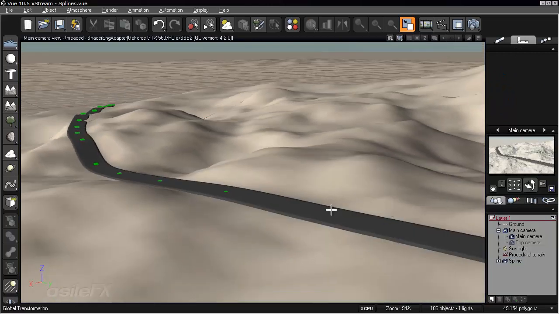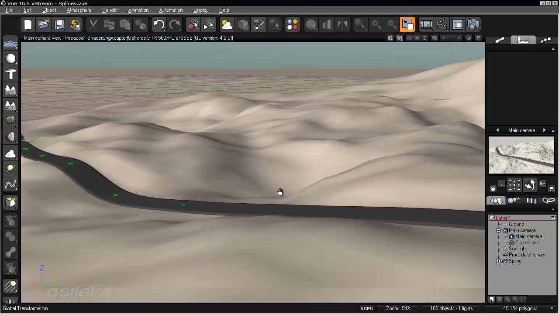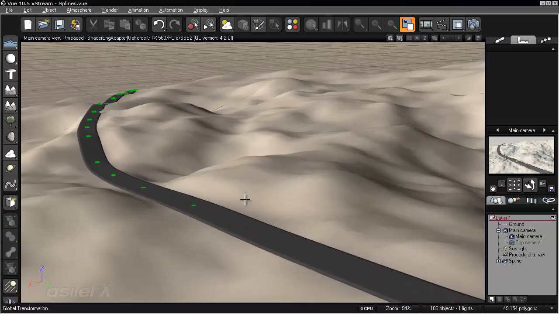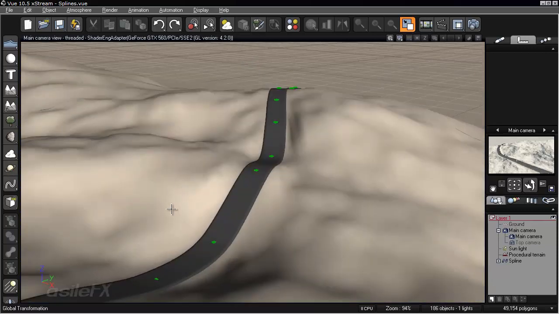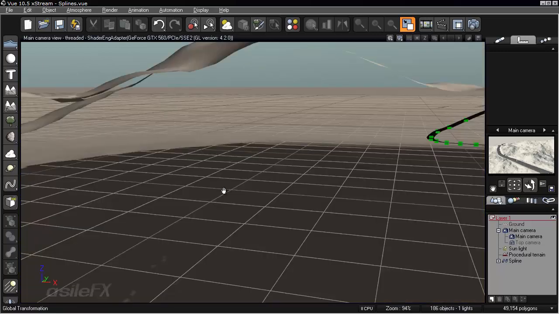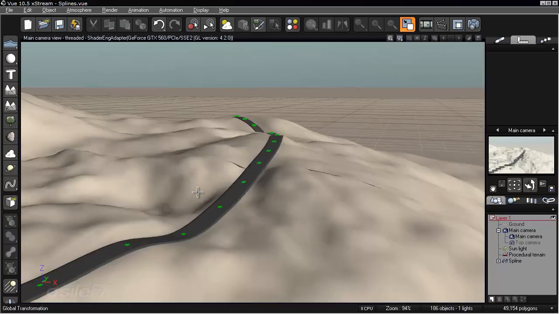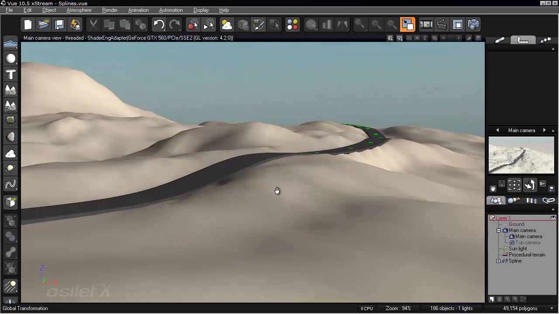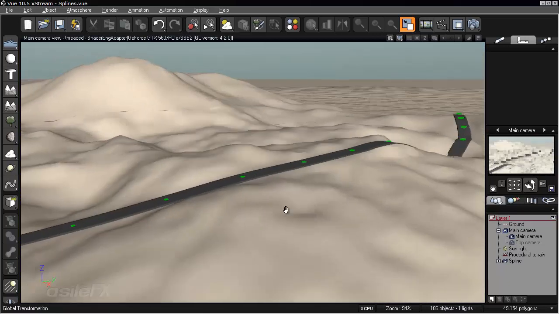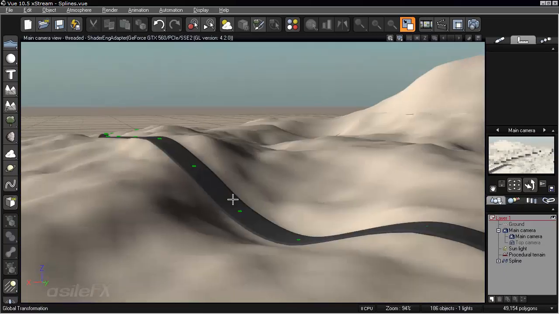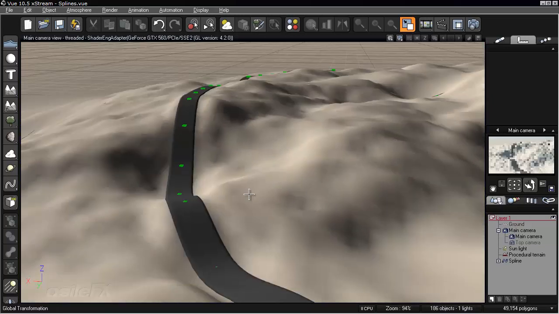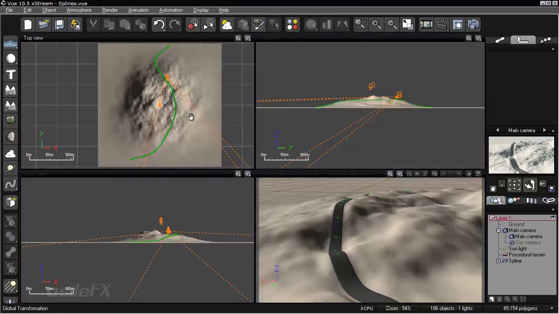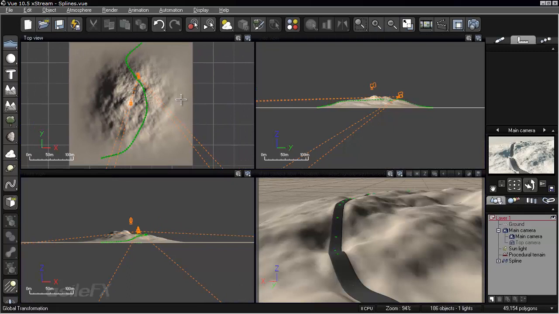So if you don't want to use the pathfinding tool to create roads, what you could do is use pathfinding with a larger distance, and then you can resample to fill in the areas. That way you get a little more control over where you want your splines, and you don't have to spend a whole lot of time generating points. And basically, the points that were originally created are left where they are, and it's just the in-between points that